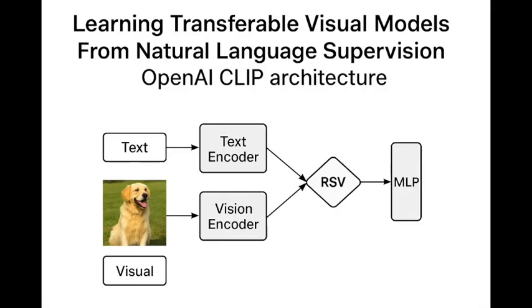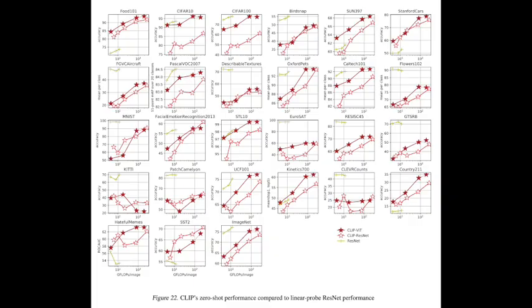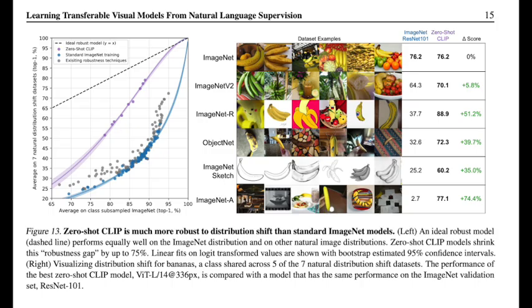Welcome to the deep dive. Today we're going right back to a really pivotal moment, looking at the paper that basically gave us CLIP. That's right, OpenAI's Learning Transferable Visual Models From Natural Language Supervision. It sounds academic, but wow, did it change things.